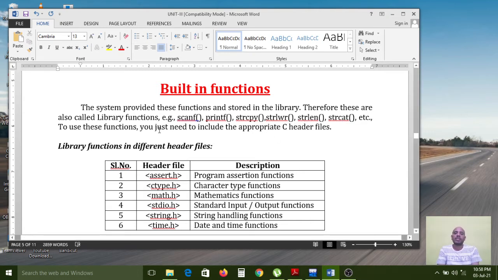To use these functions, you just need to include the appropriate C header files. So what are the predefined functions we have in our C programming language? All predefined or built-in functions are integrated into some header files in the C programming library.